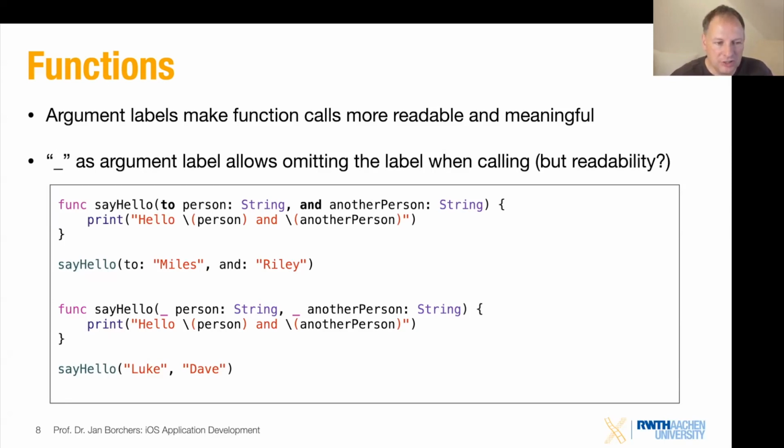The lower part of this slide shows you another option, because sometimes maybe you don't want to use a named parameter in the call at all. And this you can do by specifying a special kind of argument label, which is the underscore. If you use the underscore, that means to Swift that you can call this function and provide the value of this parameter without giving any label to it, neither the name that the function itself uses internally, nor the argument label instead. So in this case, you could shrink this down to say hello, Luke, Dave.